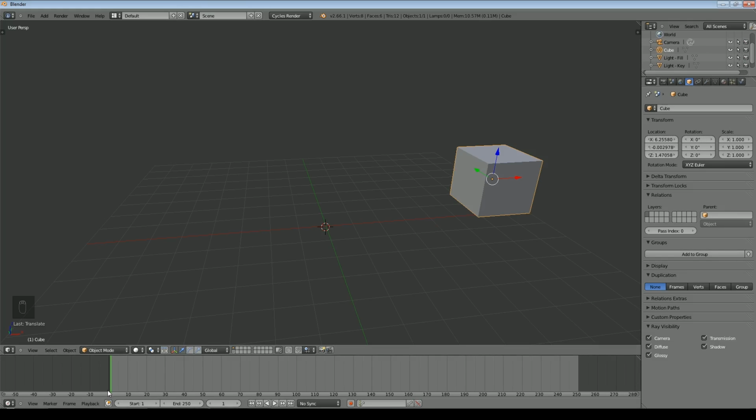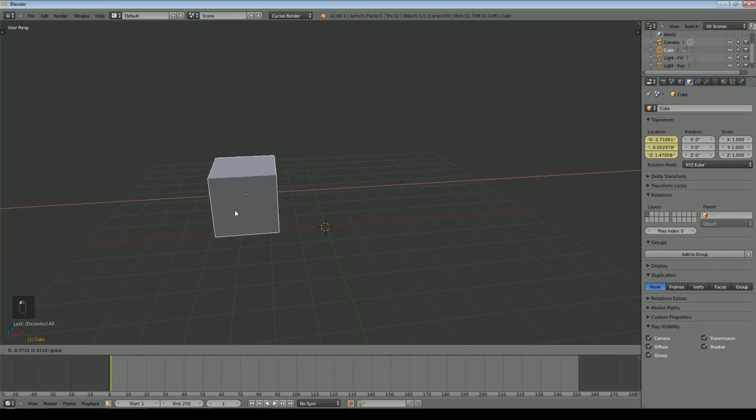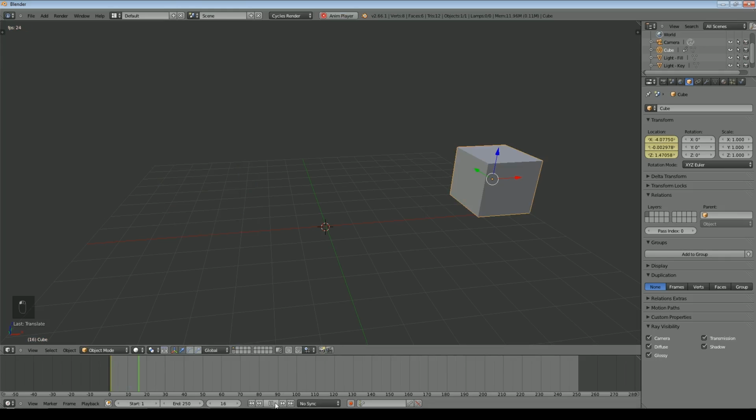To demonstrate this, we'll set the frame to 0, which we're already at, or 1 rather, and I'm going to hover my mouse over the location area and press I. Once I press I, we get a yellow background appear on here. Nothing's going to happen yet because we now need to move the thing. Now if I move it first and then start to move the progress bar, you'll notice it jumps back again. So what I need to do is move the progress bar to where I want the next part of the animation to be and then move it.